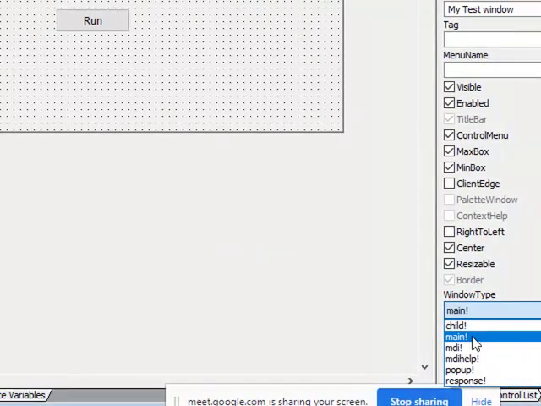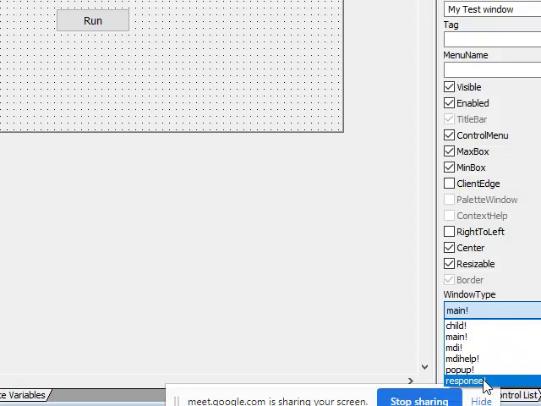Child, main, MDI, MDI help, pop-up, and response. So there are 6 types of Windows. These questions will always be asked in an interview: how many types of Windows do you have in PowerBuilder? As and when we use them, you will get to know.